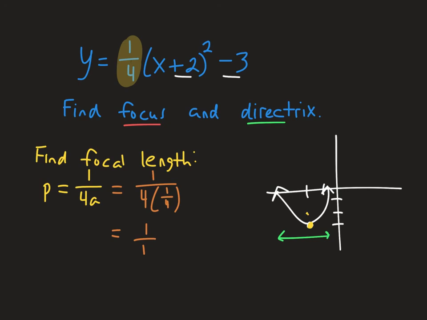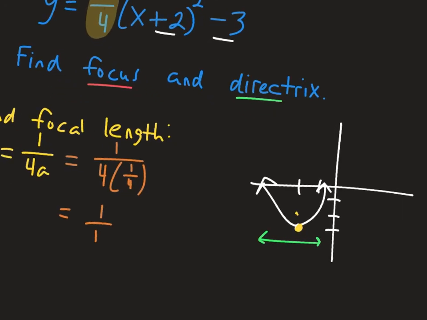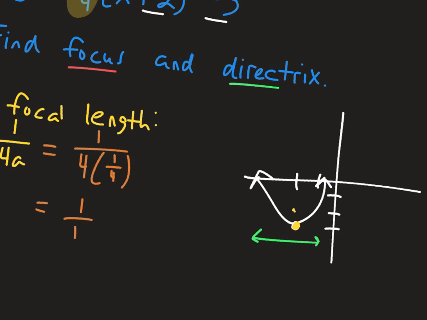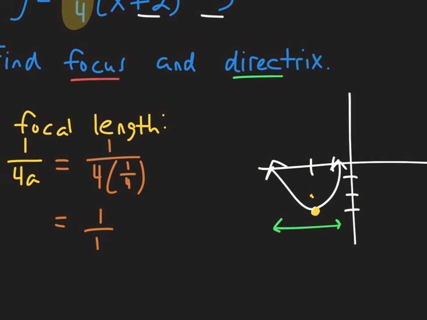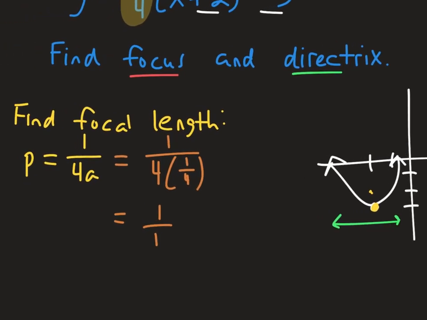Let me zoom this in a little bit. Since our vertex was at -2, -3, the focus is going to be 1 unit above that. So the focal point will be right here,